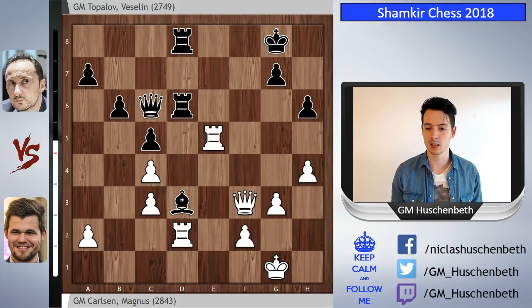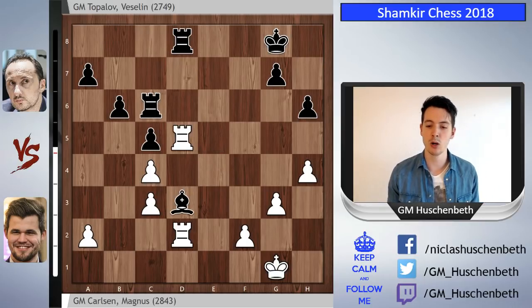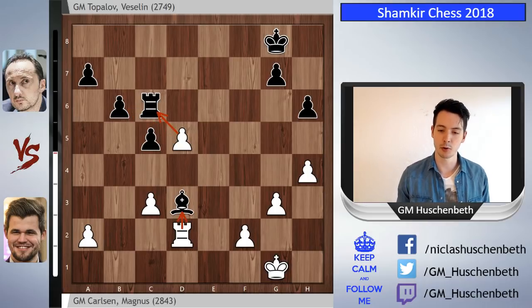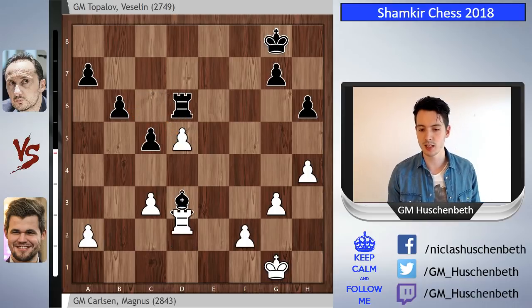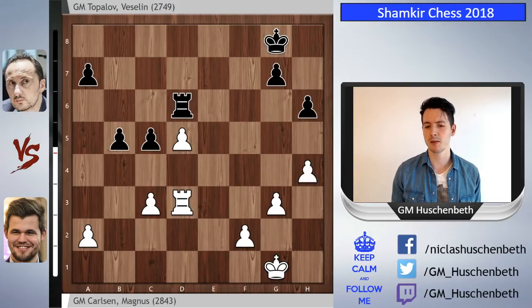Queen takes c6, queen takes c6, rook takes c6. And this is a nice little tactic here, rook d5 now, winning back the piece, double attack, and after rook takes d5 we have another double attack as the pawn takes back, it attacks the rook on c6, rook d6, rook takes d3. White is in a rook endgame with a pawn up, but black goes b5, not allowing white